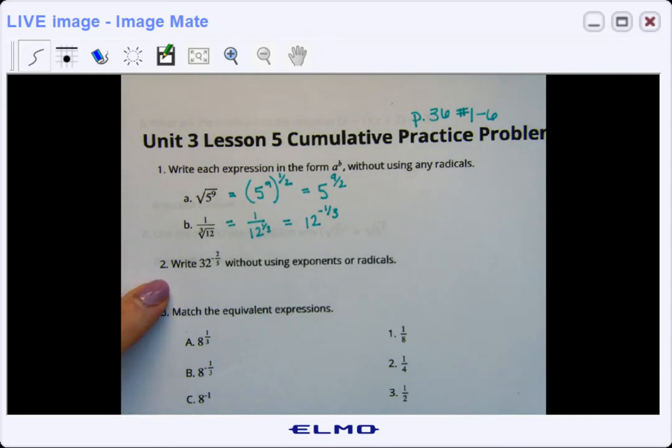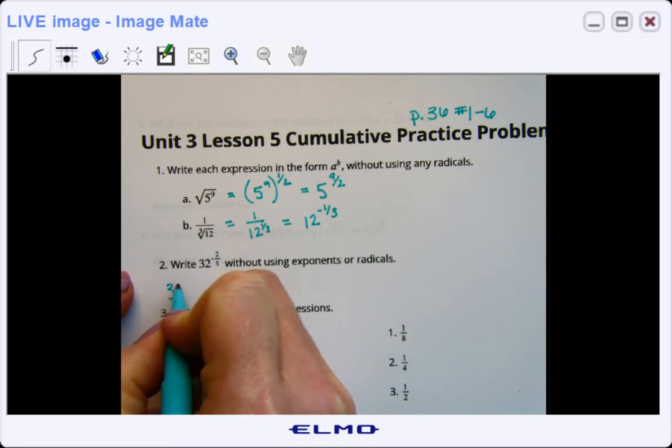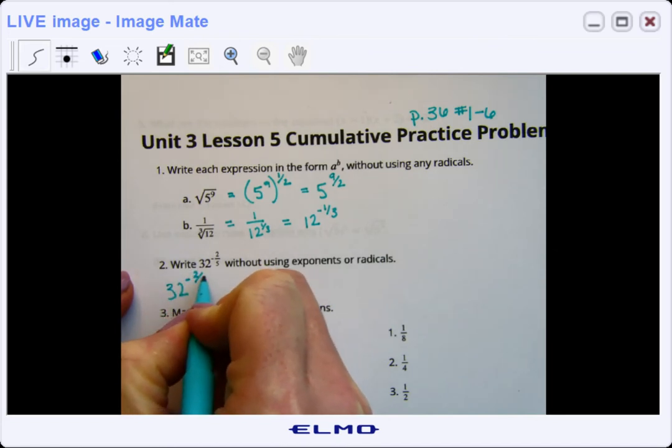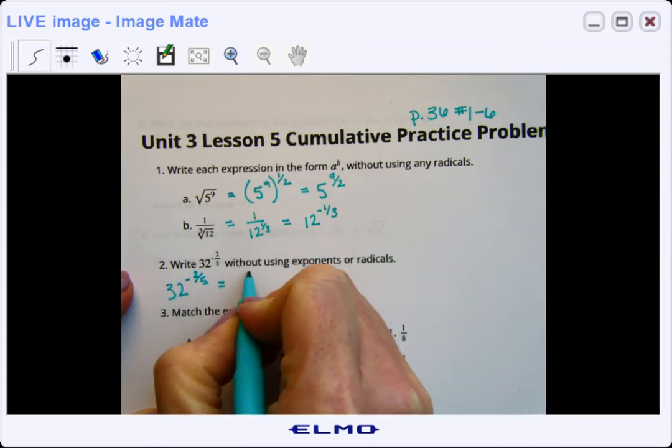Number 2, write 32 to the negative 2/5 without using exponents or radicals. So we're just going to actually find its value. 32 happens to be a power of 2, so that's really helpful. If you know some of your lower power rules or math facts, that's really helpful in simplifying things like this. But I'm just going to write it out step by step. So I've got 32 to the negative 2/5. The first thing I'm going to do is address the negative in the exponent. So it's equal to 1 over